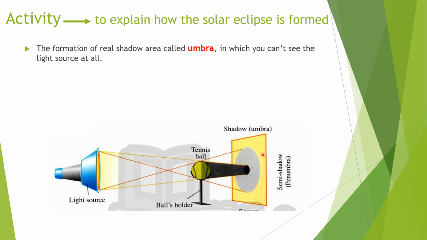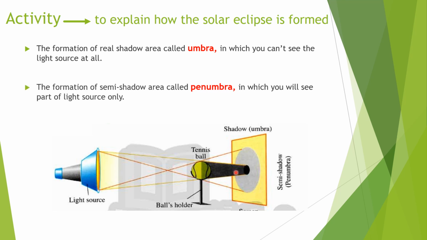What will you observe? You will observe the formation of a real shadow called umbra. This area is a black area in which you can't see the light source at all. This area is called umbra. Umbra is a real shadow in which you can't see the light source, and also